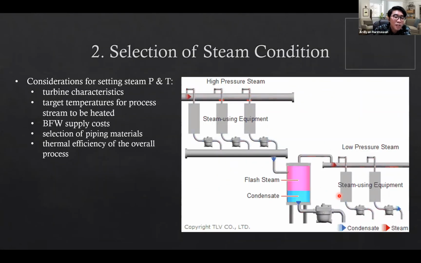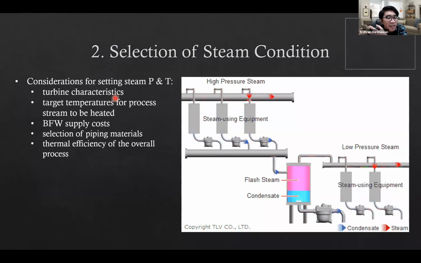Okay, now how do we choose the steam condition, because this is the main consideration first, right? The steam condition will be influenced by the setting of the steam pressure and the temperature. So we can decide at this specific plant how much is the pressure and the temperature that we need to have for the steam. It will be influenced first, of course, by the characteristic of the turbine, because this is the main equipment that will use the steam,